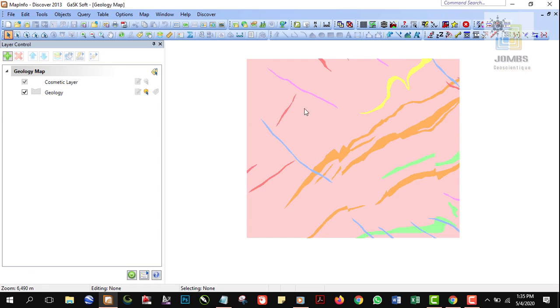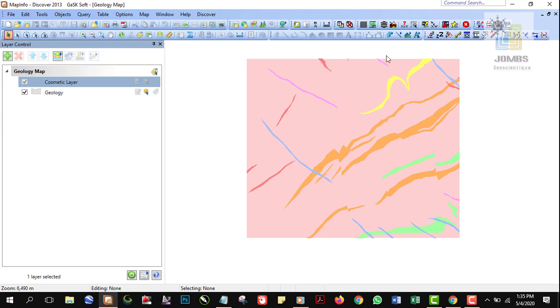Suppose I'm going to capture a specific area of the map, and I'm going to create an object covering that area, and we are going to fit the map window size proportional to our created vector object. You can use a cosmetic layer by creating an object without the intention to save the object into a new table,